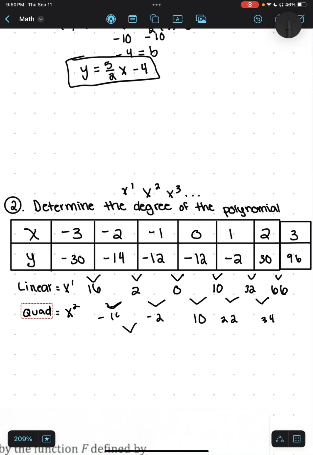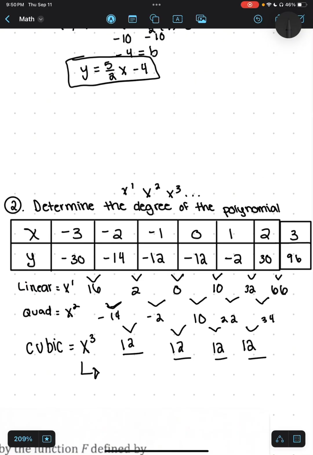So now we must find the rate of change over these, which gives us 12, 12, 12, 12. And since all of them are the same, this is a cubic polynomial, which means it'll be x to the third power, which would also mean it is an odd function,